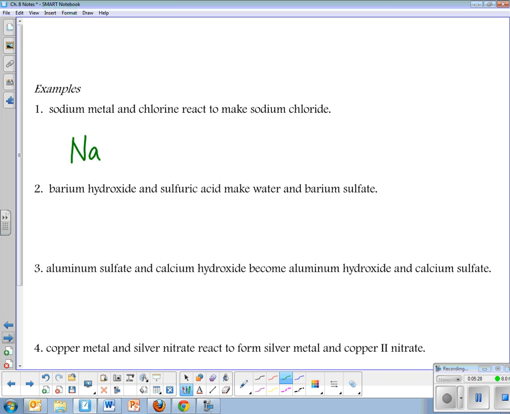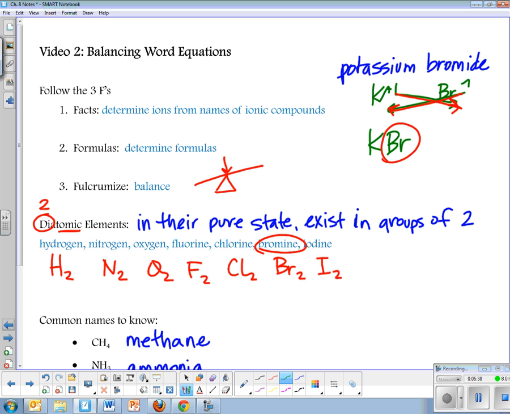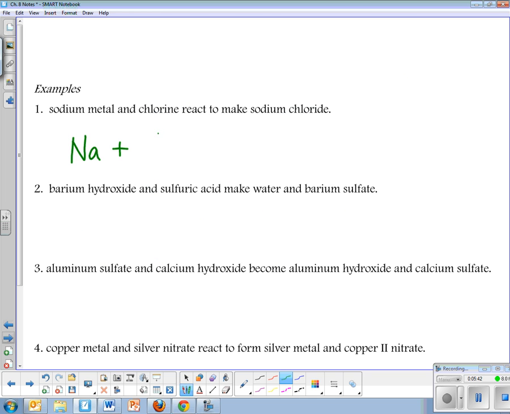So we've got sodium metal and chlorine, and the plus sign goes between them. Now we're going on to something different. Chlorine is one of these 7 diatomics right here, so that would be Cl2. Sodium is not one of those 7, so it's just Na. These two things react to make